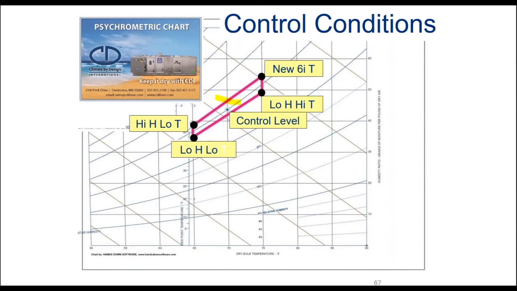If we're controlling right at 70 degrees, there's not a lot of room for error, so our control system is going to have to be quite precise on the moisture side of the equation. Not so much on the dry bulb or temperature side. We've got a lot of swing there. So this might be a situation where we want to go back and talk to our customer and say, maybe we should look at a tighter dry bulb condition and a looser relative humidity condition, so that the controls don't get too expensive. So control conditions can be shown.